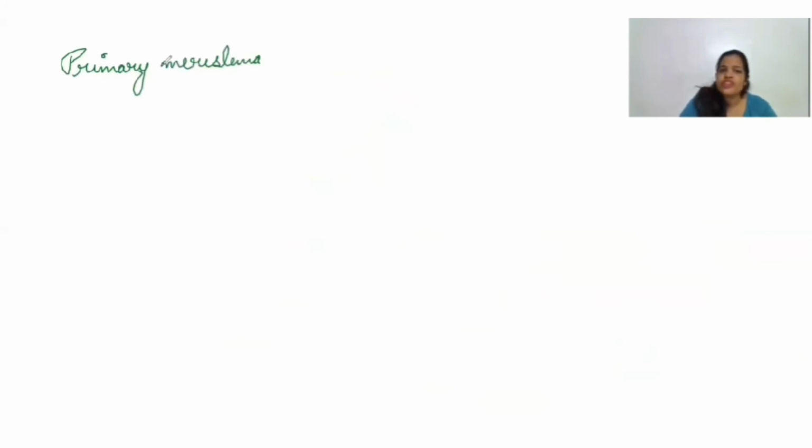All you need to do in this chapter is to link the things from starting to the end. When we talk about the secondary growth, we'll talk about the primary growth also, means we'll link the things. So it's a very easy chapter, you just need to link up the things, and to link you have to keep the points in mind so that you won't forget, you won't miss anything. Primary meristematic tissue.